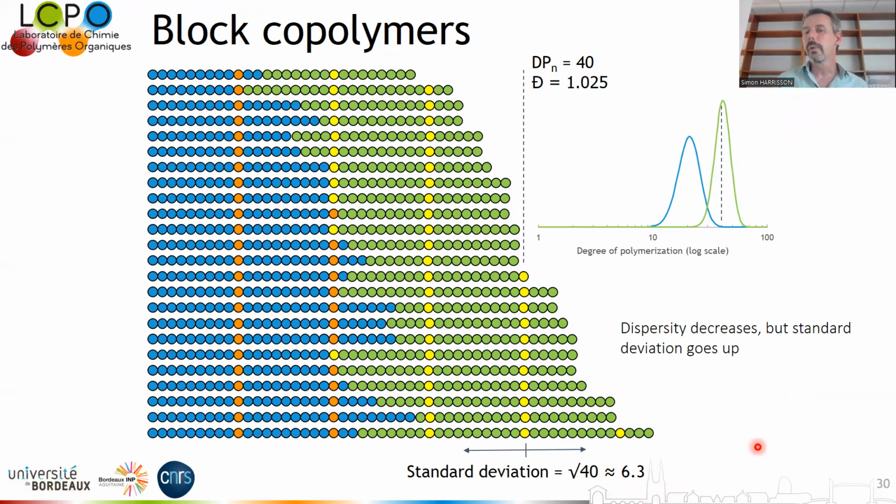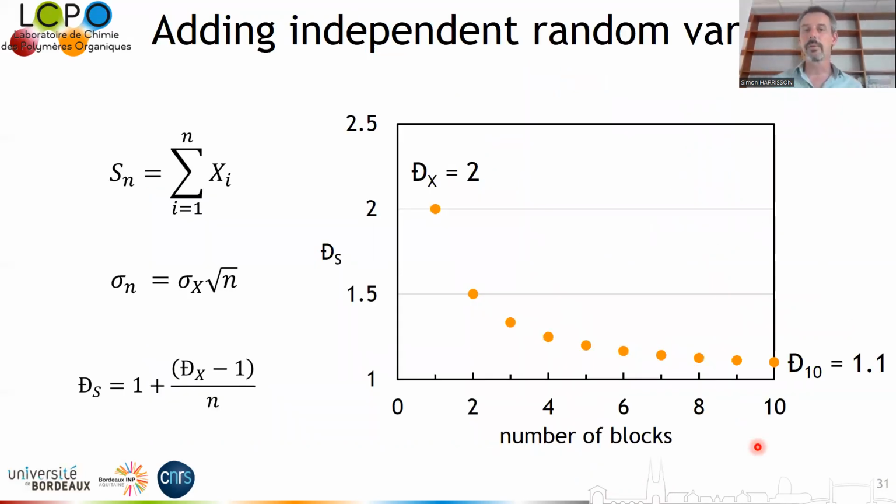So it's still relatively small compared to the degree of polymerization, but it's bigger than it was. And this is something that we expect to see in essentially every block copolymerization. And it just comes from the maths of adding independent random variables. If you have two random variables that are not correlated with each other, so there's no tendency for long polymers